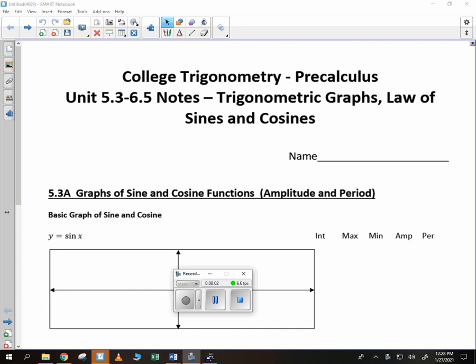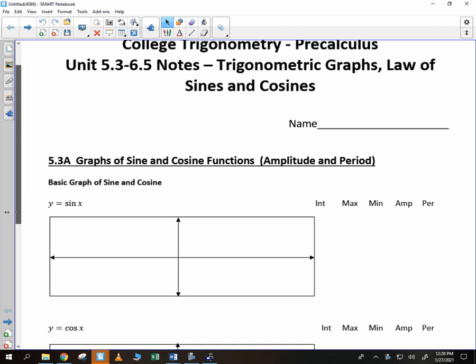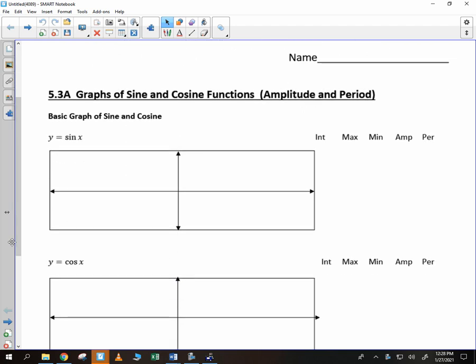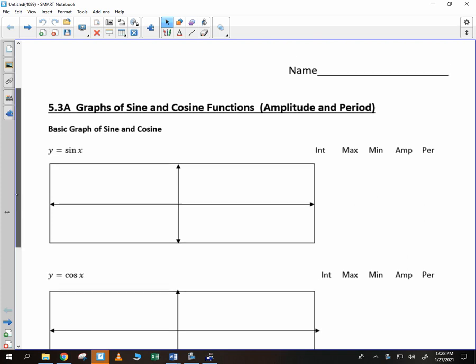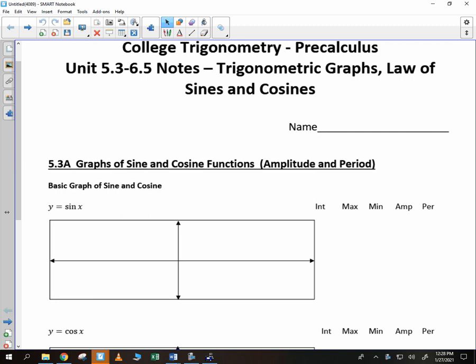All right, this next section involves graphs as well as the law of sines and cosines. So we're kind of putting two pieces together, but we start with graphs. And we want to look at the basic graph of sine and cosine. Very important that you understand that in the unit circle,